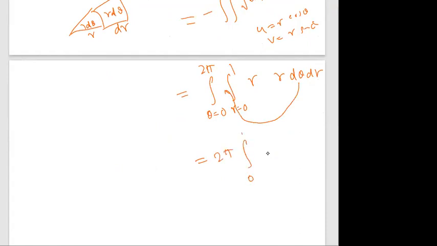Another bit. 2 pi. I don't know. I got this one here. I hope this